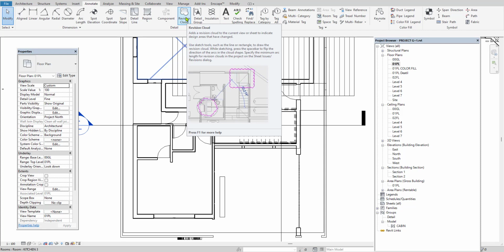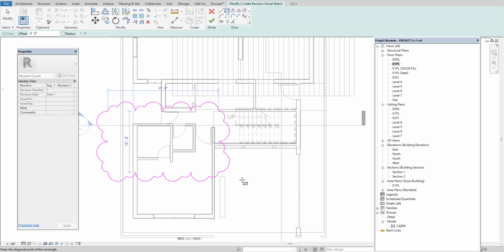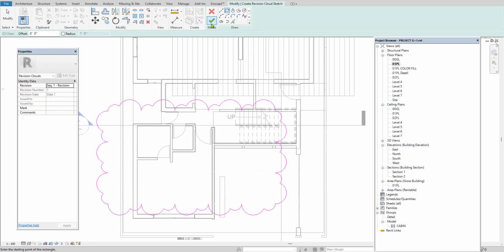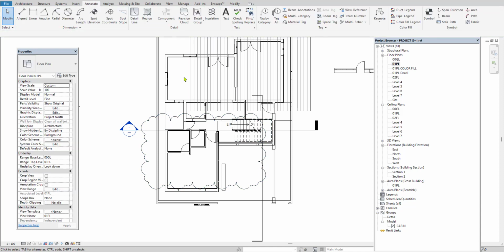This indicates this part of the work has to be reviewed. Then you just take it and according to the shape you just mark it and then finish. It means this portion of the project has to be reviewed or edited. Even if you want to edit the sketch, you can edit it by using the edit sketch option.